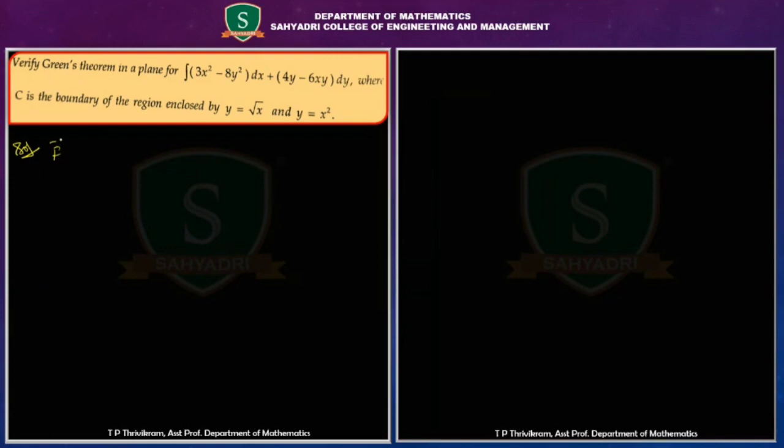So F dot dr is equal to (3x² minus 8y²) dx plus (4y minus 6xy) dy. So we need to find the integral value of this over these curves. The given curves are